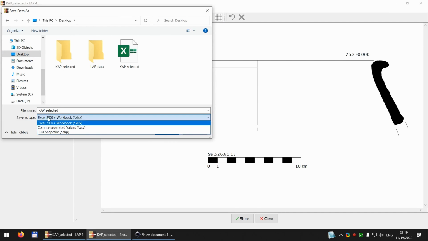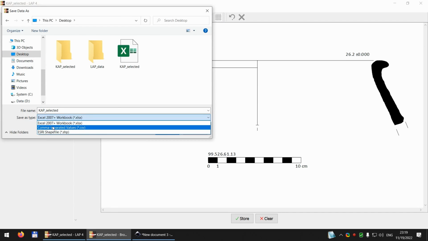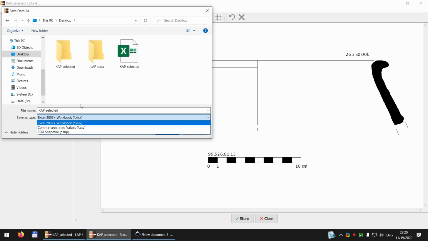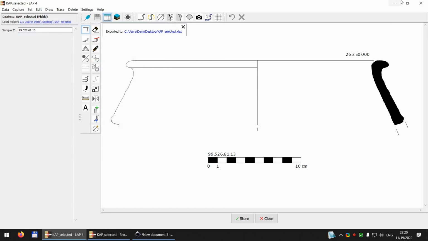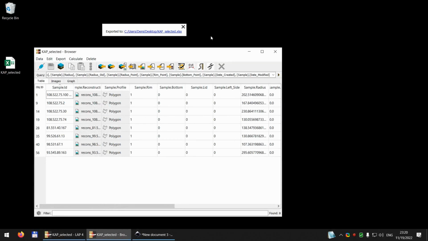I can either choose an Excel format or a CSV format, or even a shape file. Click save. It will indicate that it has exported it to this file here. It's on my desktop. You can open it,